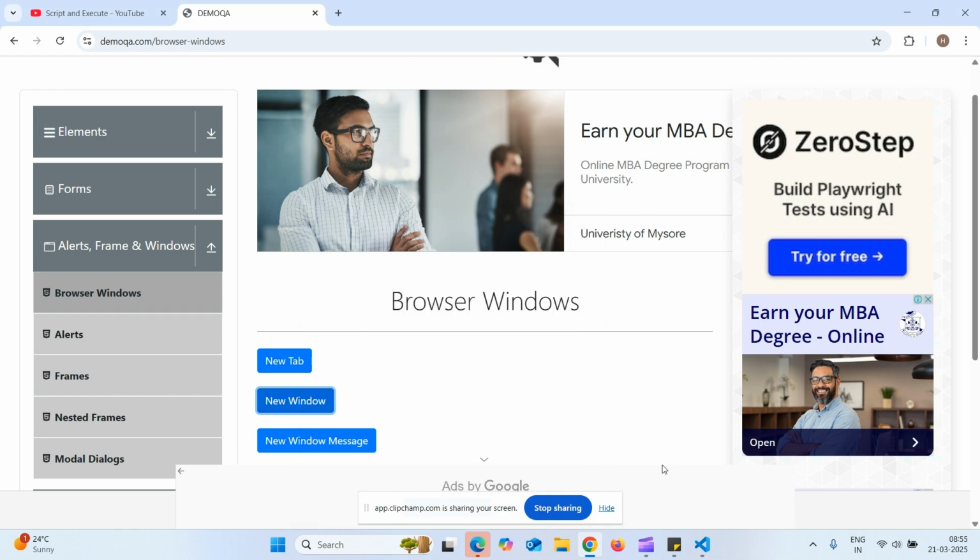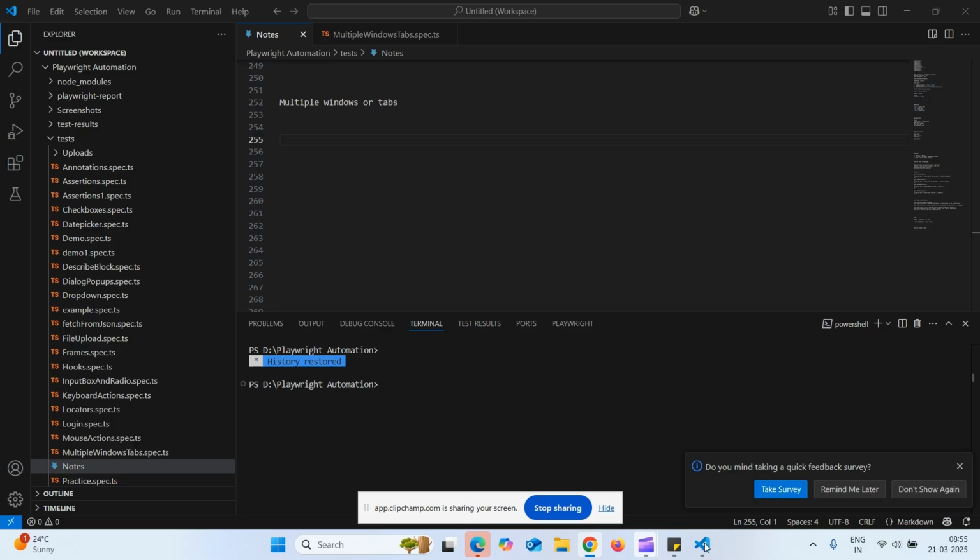Handling multiple tabs and multiple windows is very easy. Just follow the syntax and you will be able to do it. I will give you the syntax to handle multiple tabs and multiple windows. First, we need to create an object to store the new tab. The object I will call newTab, is equal to